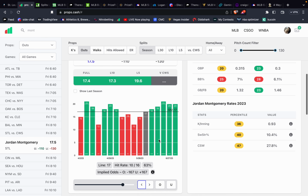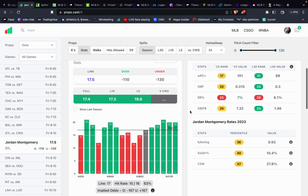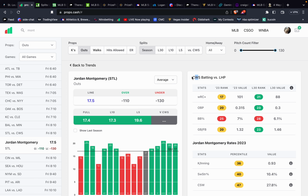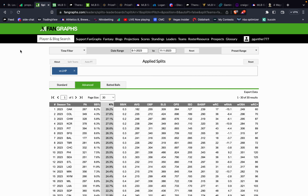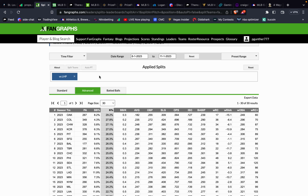So with this line set at 17, he's hit in the last 5 games straight, and then he pushed the game prior. So basically 6 of the last 6. And he's facing a White Sox team today, and being a left-handed pitcher gives him a major advantage in this position. If we head on over to Fangraphs, take a look at what left-handed pitchers are doing against each team